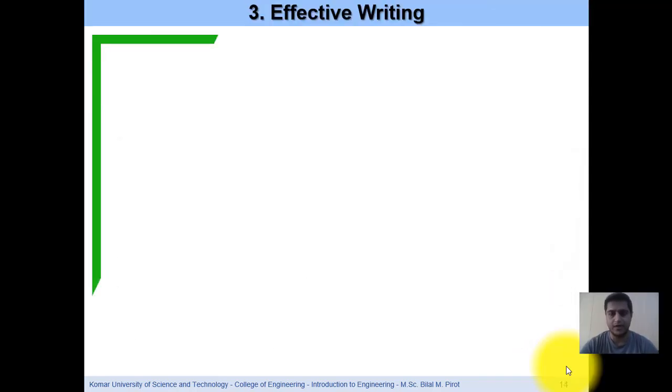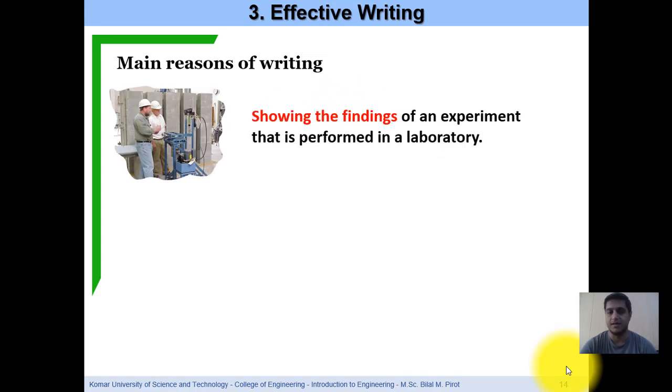Another way of communication is writing. So writing is very important, especially for academicians and for engineers who work for international companies. So there are some main reasons for writing. The first reason for writing is showing the findings of an experiment that is performed in a laboratory. Sometimes you are doing an experiment in the labs, and you want to show the results by